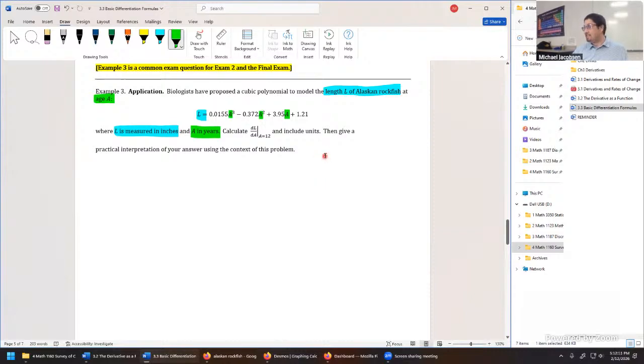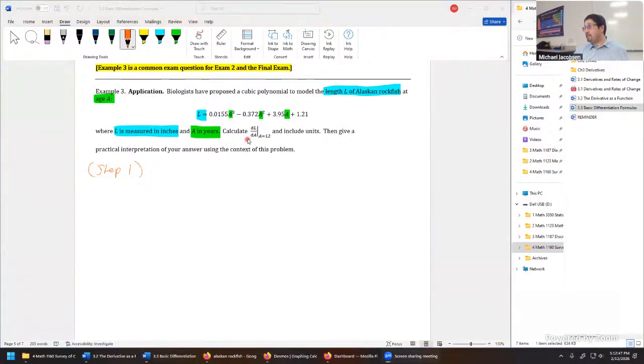I agree with that. Instructions say, calculate dL/dA evaluated at A is 12, include units, and give a practical interpretation of your answer using the context. So again, this is a very common exam question. For exam 2, something like this on the final exam, the derivative would be half the credit, and the interpretation would be the other half of the credit. This one works in stages. So let's say for step 1,